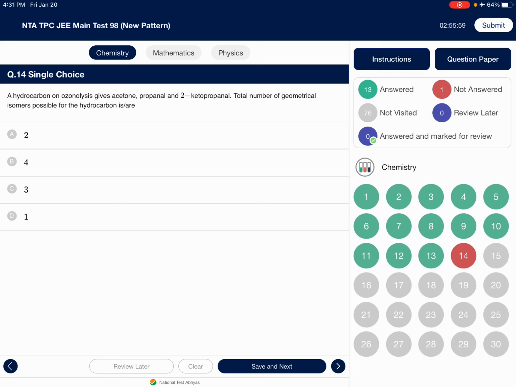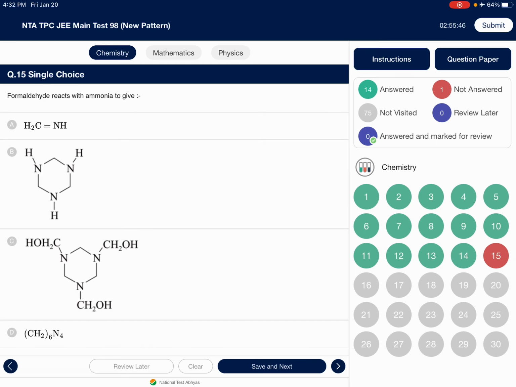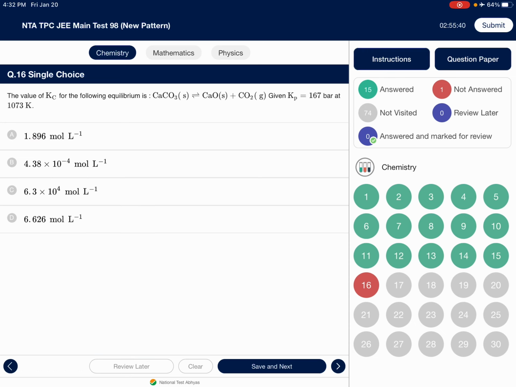Okay, now so this is CCC. So here CH3, yeah, 2 stereogenic centers are there, 2 to the power 2, 4. I think so. Formaldehyde reacts with ammonia to give C6H12N4. This is urotropine. The value of Kc for the following reaction, given Kp is equal to 167 bar at 1073